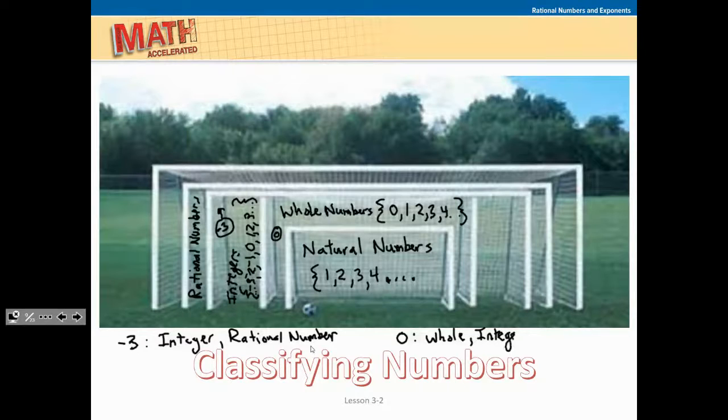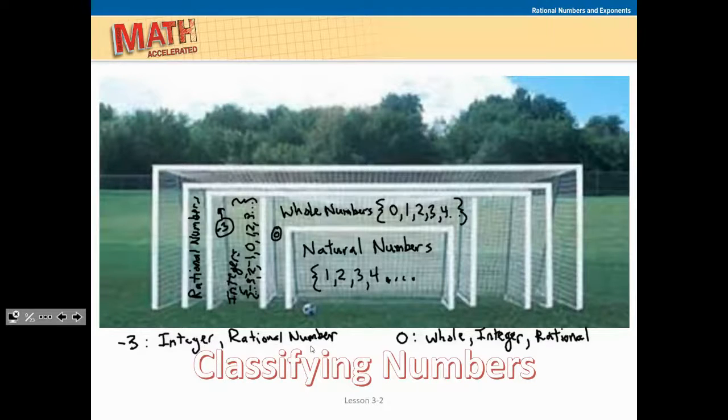It's also an integer, and it's also a rational number. But it's not a natural number. Okay, how about the number, let's say,